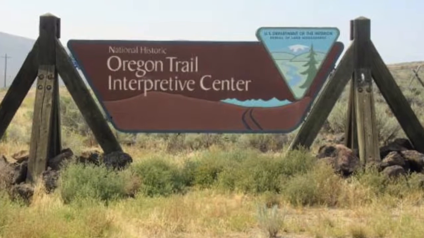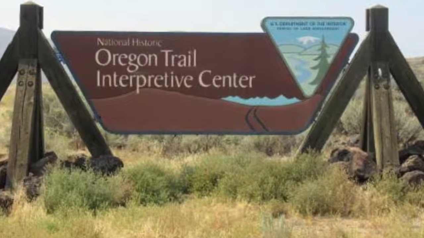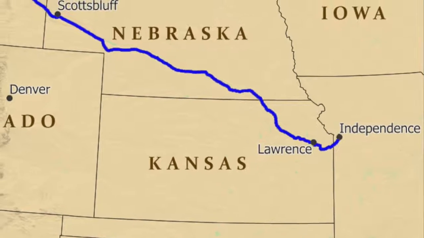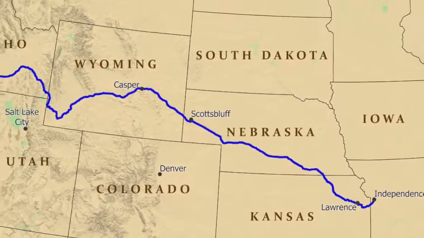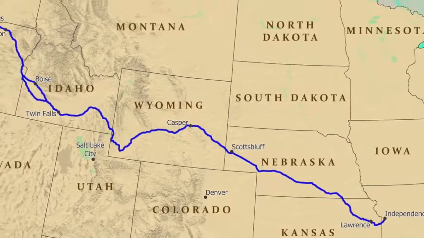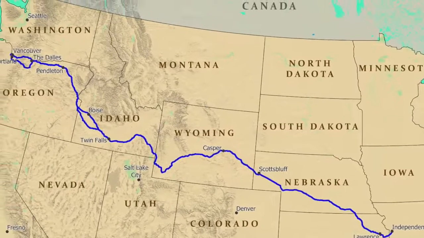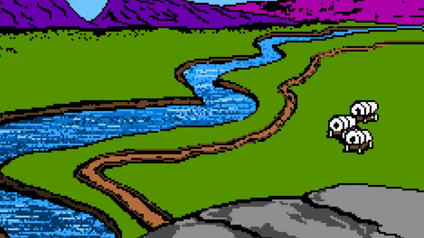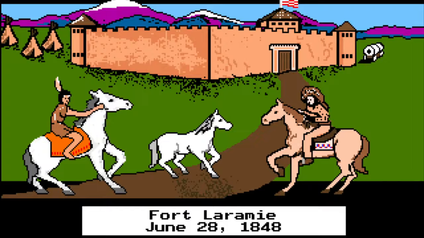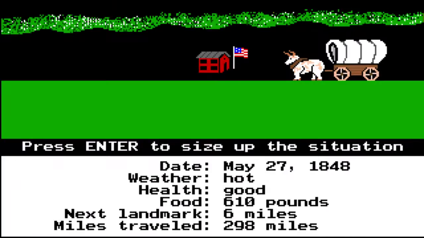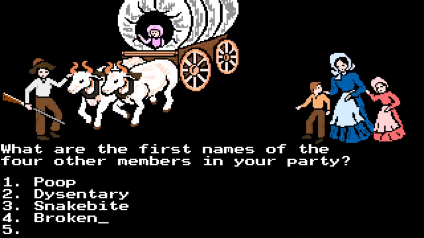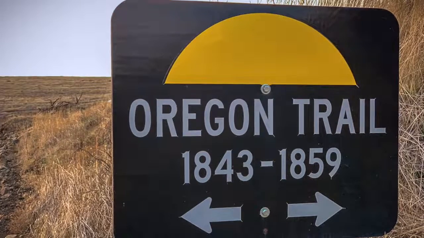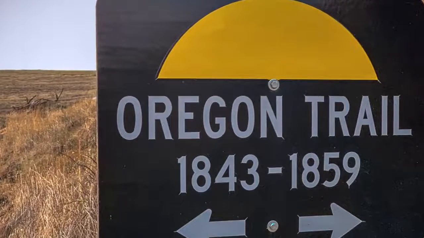Now, the first crucial question we have to ask is, what is the Oregon Trail? Well, it's a 2,200-mile wagon route and immigrant trail that ran east to west across the U.S. and followed the Great River valleys through 6 present-day states: Missouri, Kansas, Nebraska, Wyoming, Idaho, and Oregon. The trail was originally called the Platte River Road and was used by fur traders who traversed it on either foot or horseback. But starting in the 1830s, it became a popular wagon route, with thousands of people using it to get as far west as California and Oregon. Thus, the name was changed to the Oregon Trail in the 1840s.